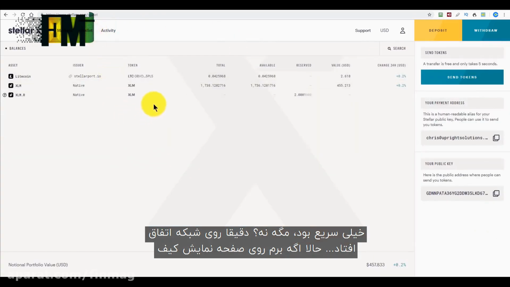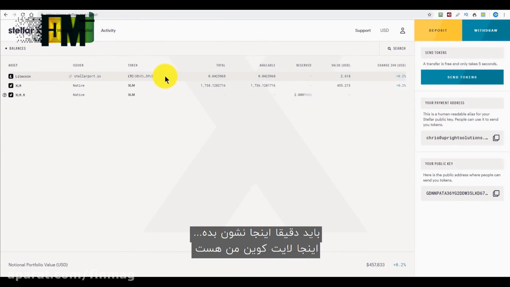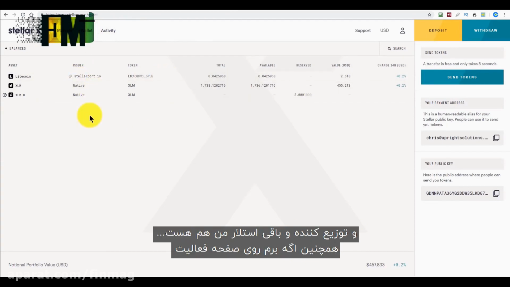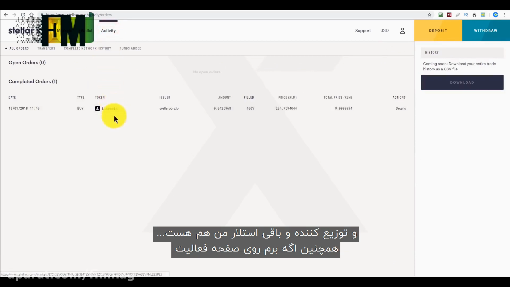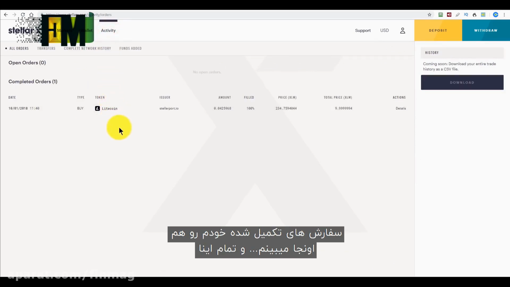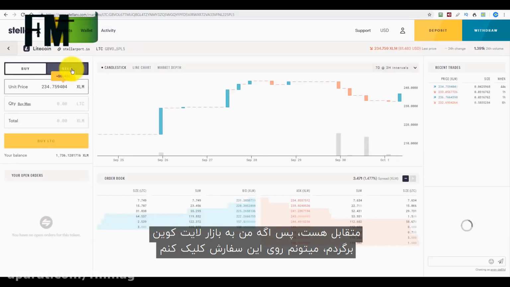Now, if I go over to the wallet screen, it should display it right in here. So here I have my Litecoin and the issuer and the rest of my Stellar. Also, if I go over to the activity screen, I'll see my completed orders right there. And all this is interactive, so if I want to go back to the Litecoin market, I can just click